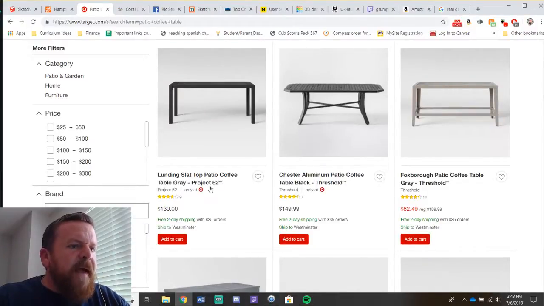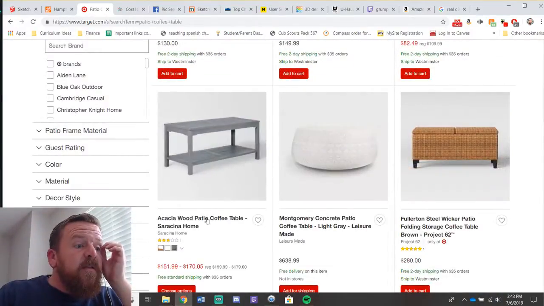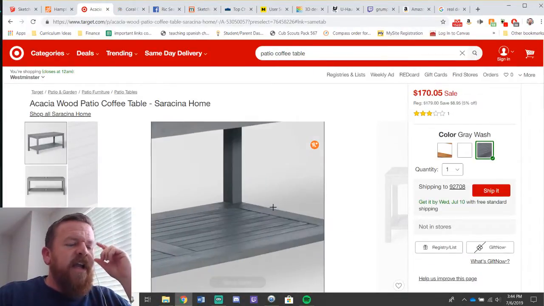Slat top patio coffee table. Like this. Acacia wood patio coffee table. So theoretically, I could just buy something.